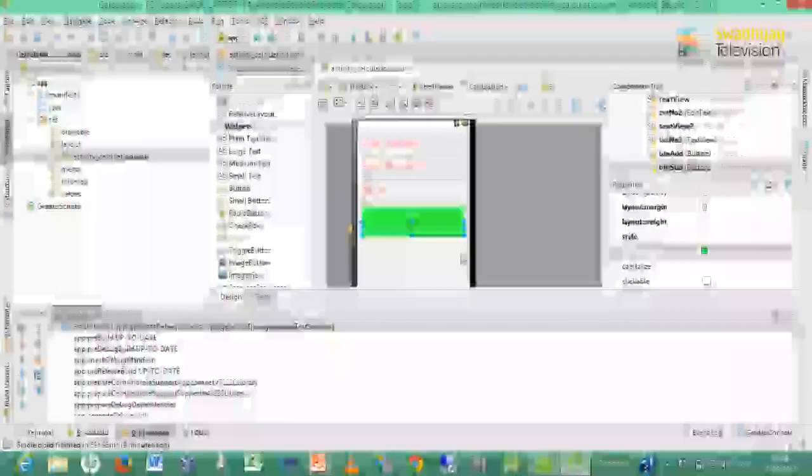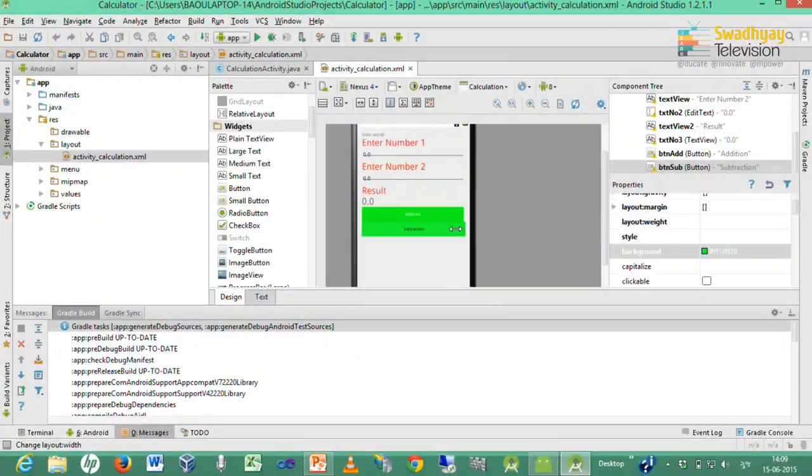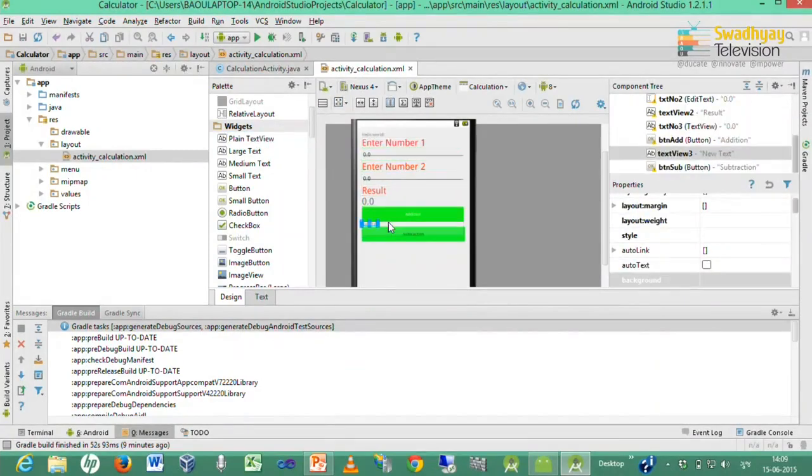To separate these two components, we can place a text view in between them. There is no use of this text view except to separate these two controls.